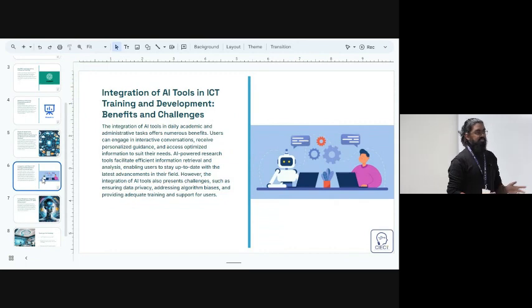So, benefits and challenges. Benefits would be, look, in all honesty, AI is here to help us. It is something that's going to stay, something that if it does take over one day, I was nice to you. There are quite a number of benefits attached to it. It makes life just that bit easier. It can be a beneficial tool in academia as well as in administrative fields.